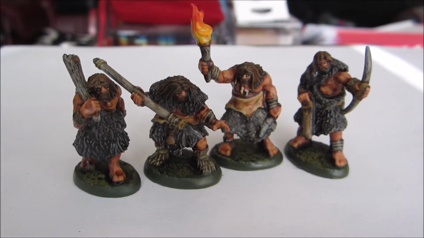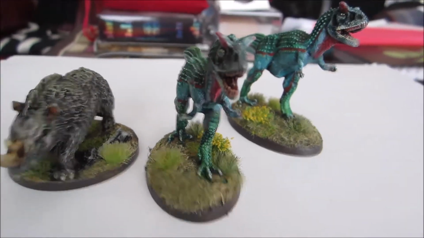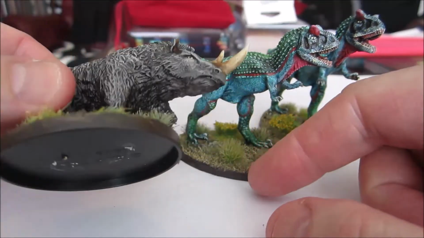Everything this week that I finished is staying in this sort of Lost Valley, Lost World theme, but we've got some more complicated figures coming up. Let's move on to that. Where we got some prehistoric creatures. Now these three are all different materials. Like this rhino here is resin,